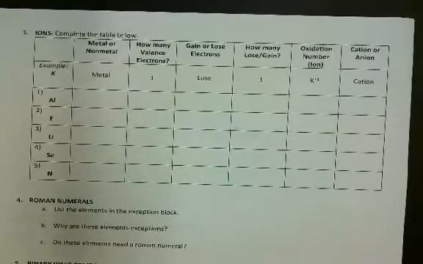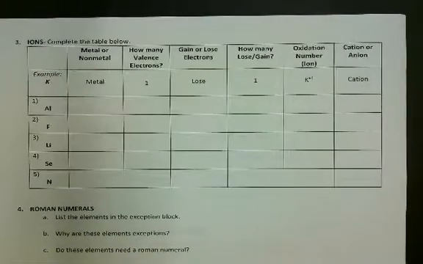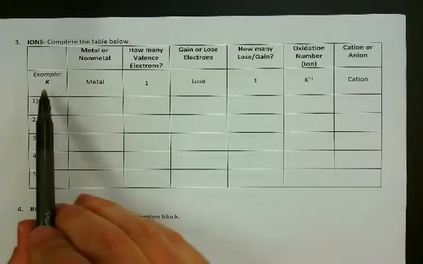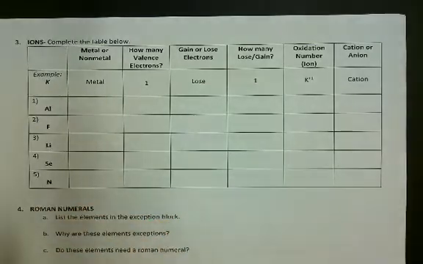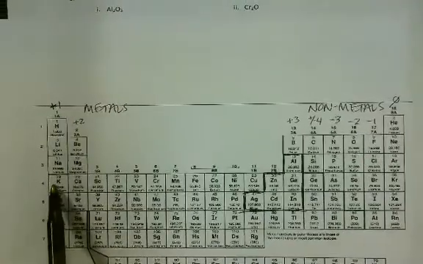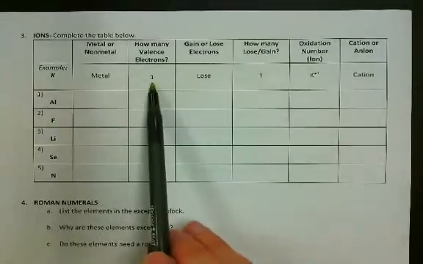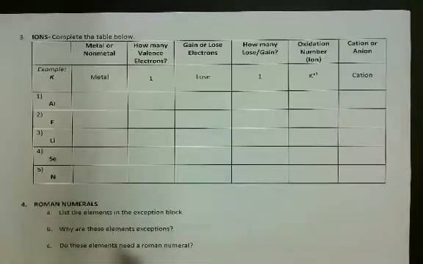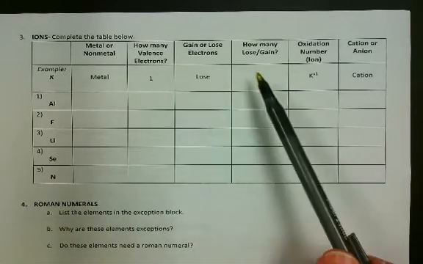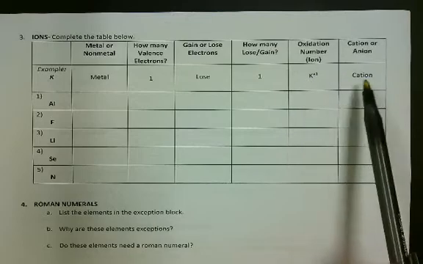Now, we can practice using our charges so that when we go to write our equations and our formulas, we have to identify what is what. For example, here we have potassium, it's a metal. We can see that because it's located right here, on the left. We see that it has 1 valence electron, because it's in that first column. And so it's going to lose, because it's a metal. We're going to lose just that 1, so we have K plus 1,